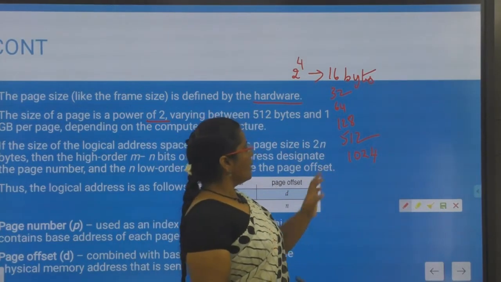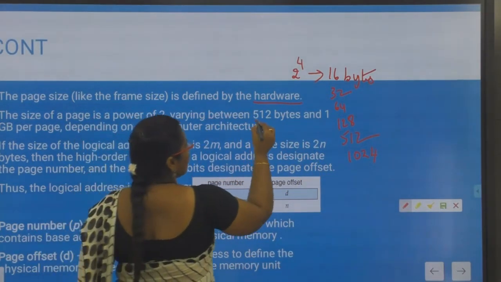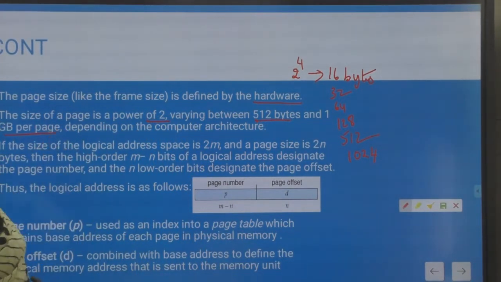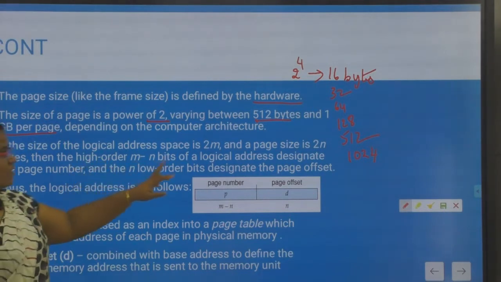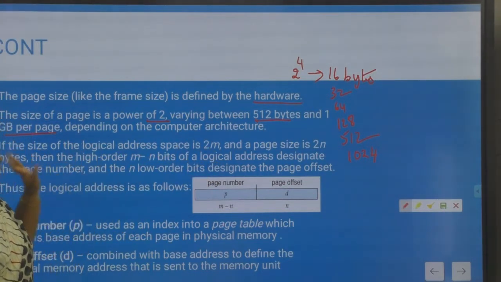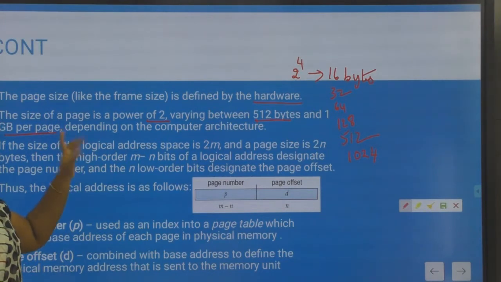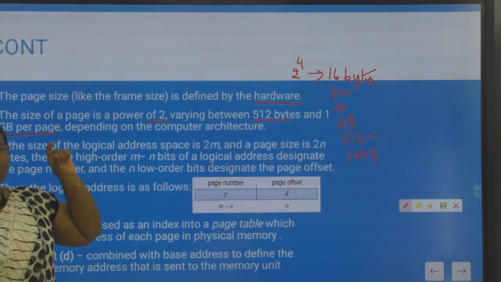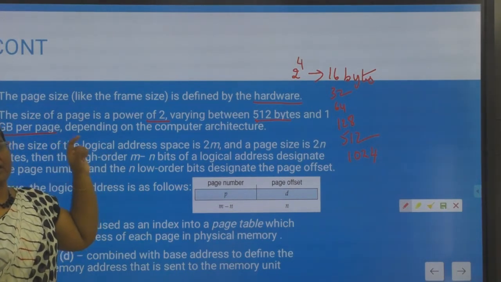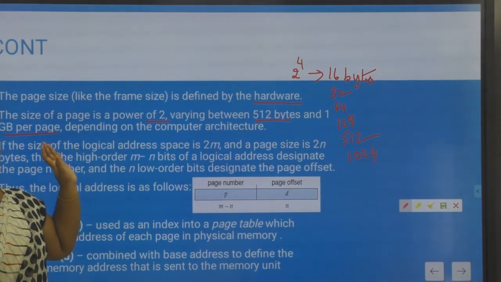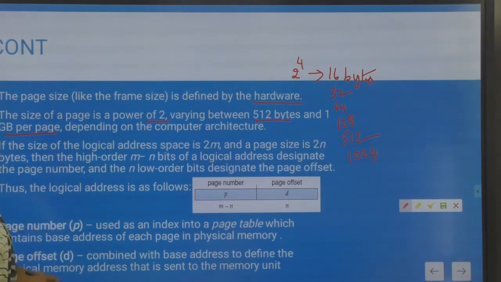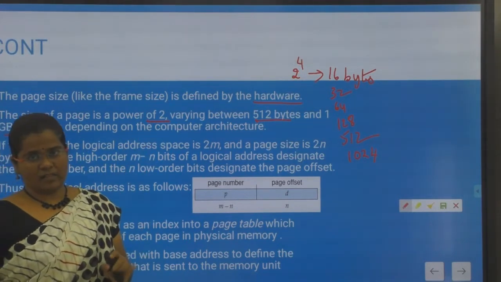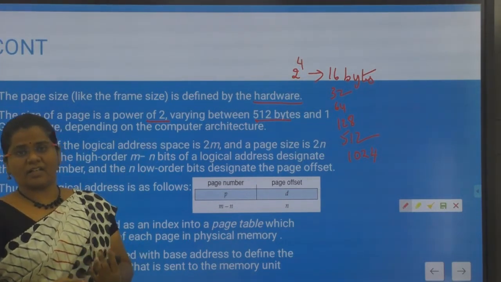So in general your page size will be from 512 bytes to 1 GB per page. So each partition will be of size 512 bytes to 1 GB. And at the same time the frame size will also be from 512 bytes to 1 GB. Whatever size is fixed for your page, the same will be taken for your frame size. Now, after deciding the page size, the address generated by the CPU